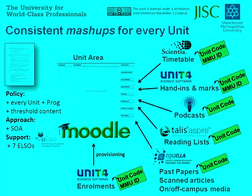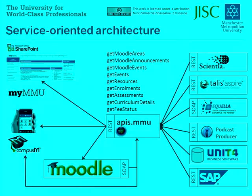It means how many students were enrolled on that module, so we can do an automated return to the copyright license authority saying that many students have used that module content. So this is the kind of joined-up approach that we've pursued. We've done it through a system of web services. We've been very fortunate in working closely with partners from the JISC and others who'll be presenting later on this kind of service-oriented approach where we have